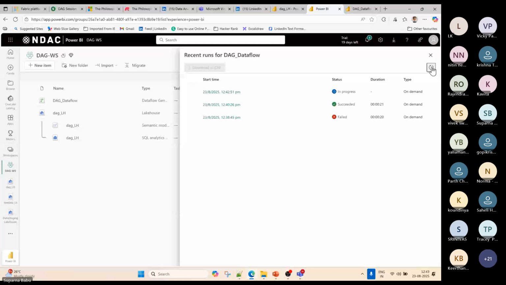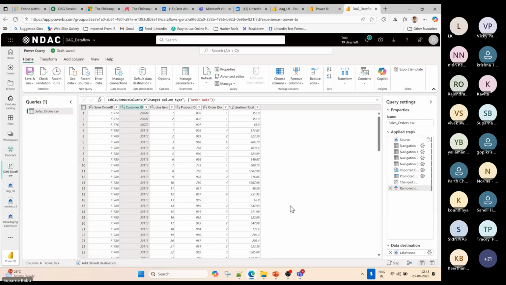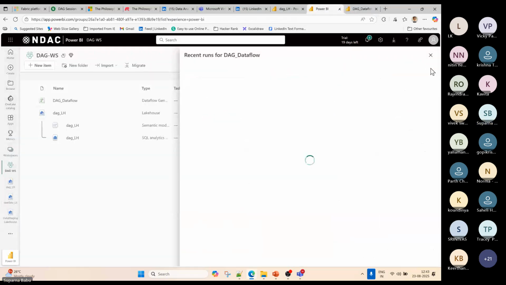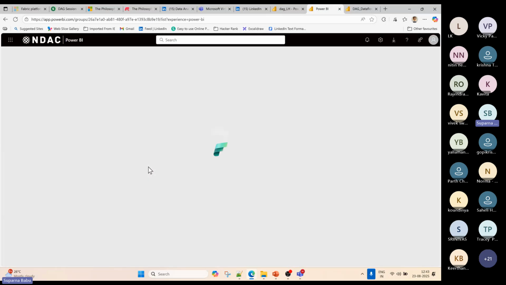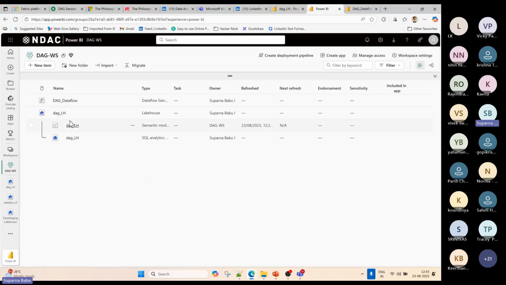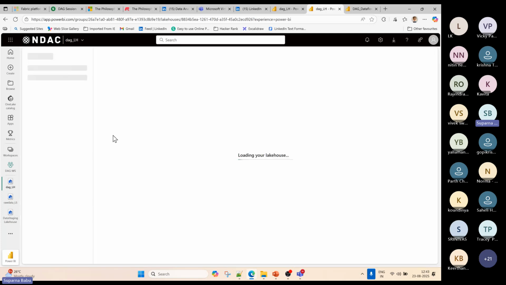Refresh. Sales order table, DAG workspace, DAG Lakehouse, replace column mapping. Okay, succeeded. We will wait 1 minute. We'll refresh the entire web page. Go to the DAG Lakehouse.